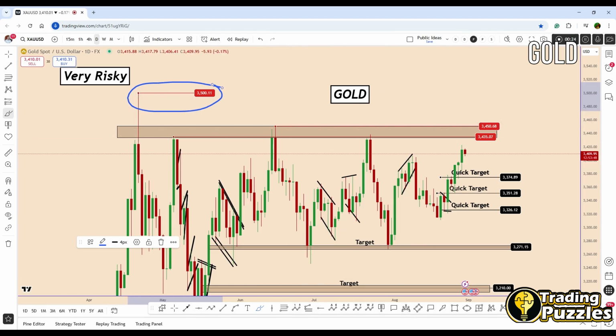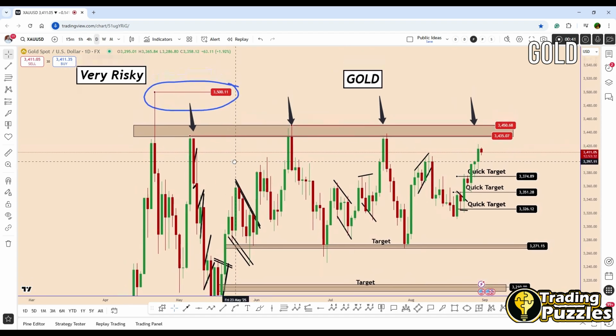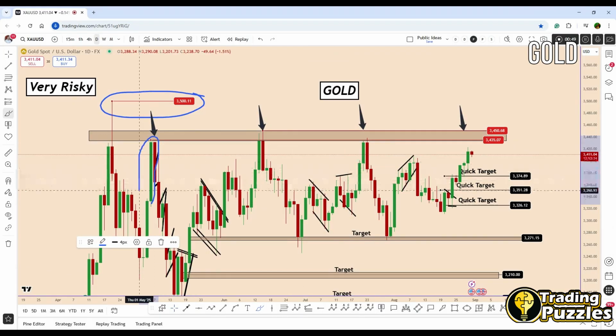Later we can observe that this top was almost tested in May. Another retest was in June, another one in July, and here we have also the August retest. What can be seen, and is also a clear movement, is that the price increased in a strong way, and